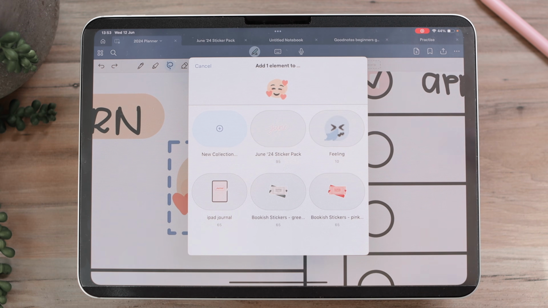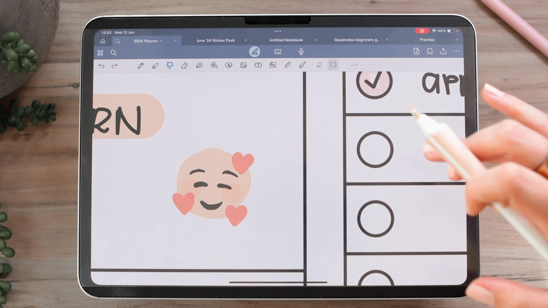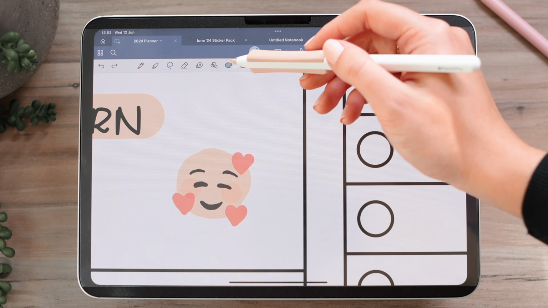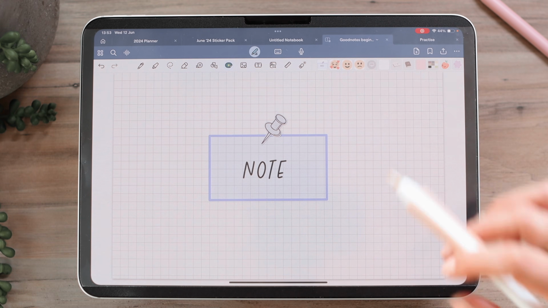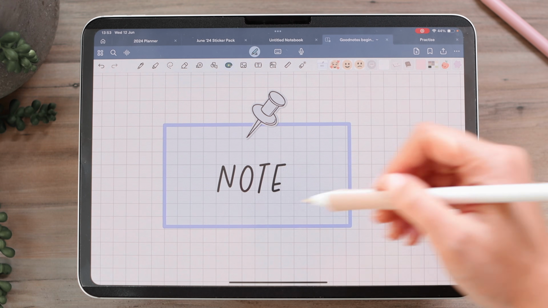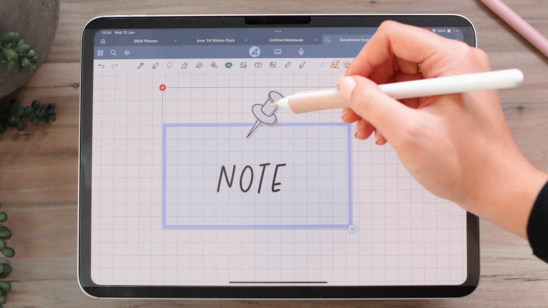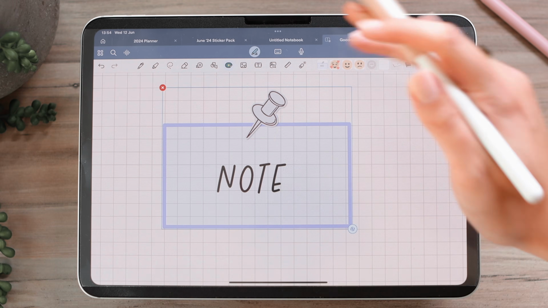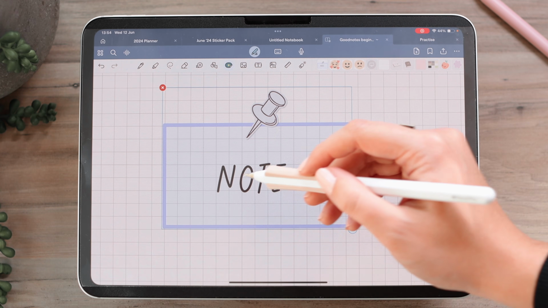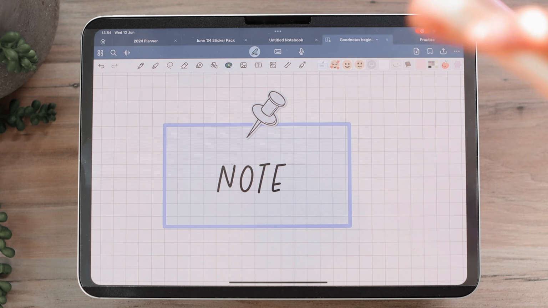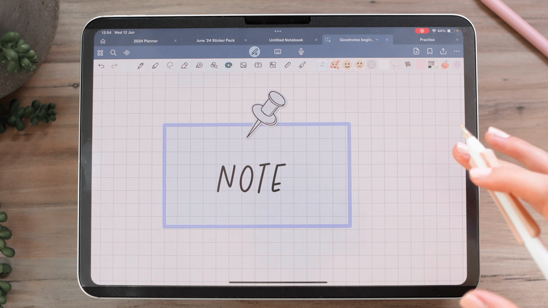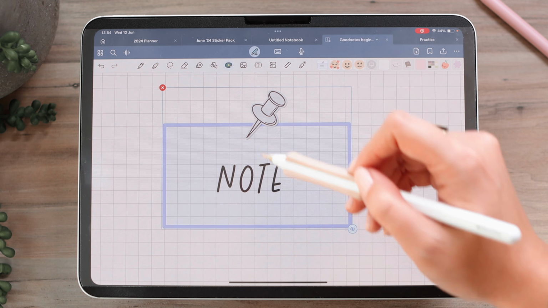And what's really great about this is the fact that you can still edit all the different pieces. So for instance, I created this element using the shape tool to draw my shape. I added in an element that was free with Goodnotes, so basically it's an image, and then I added text in the middle of my shape. So these are different things throughout Goodnotes, but once I have the elements tool selected, as you can see, they